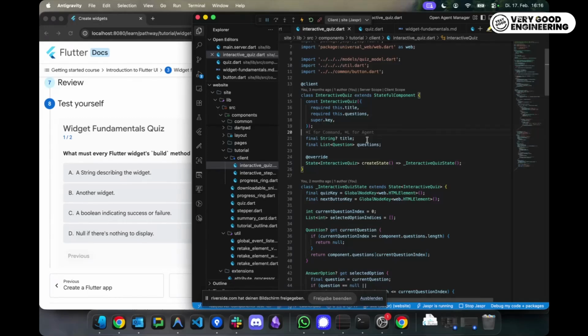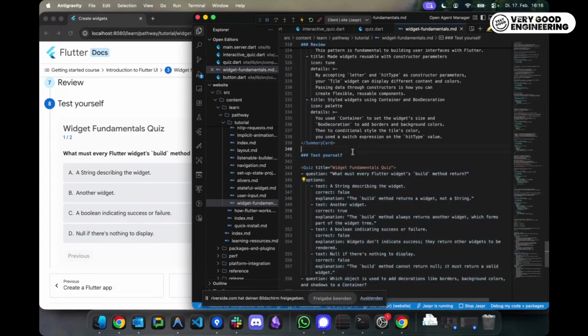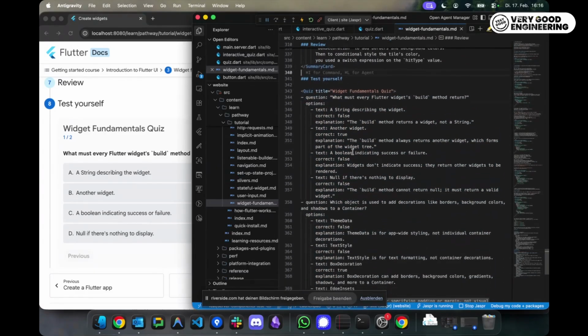Yeah. And one thing that I wanted to mention that I think is important is that your widget fundamentals file is a markdown file. So there's a component of, hey, I'm just writing my custom markdown, but then you're injecting your interactive, complex Jaspr components in there. They can both be part of the same experience. It's not that if you work with Markdown, you're limited to just Markdown content and you cannot make it interactive or somehow complex.